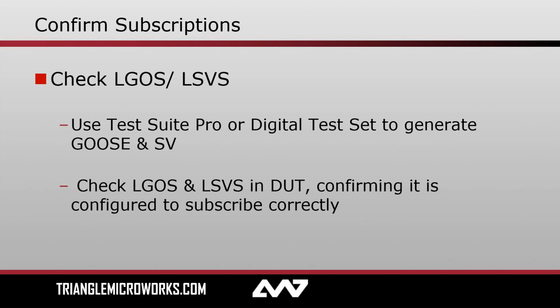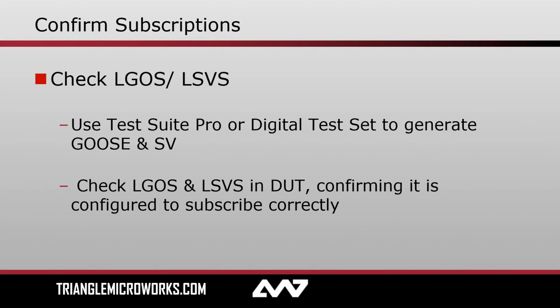So in this case, a tool like Test Suite Pro, or others, in order to simulate the GOOSE streams and the sample value streams that the device under test is configured to subscribe to. Now, simulate is a little bit of an overloaded term here. You may or may not actually have LPHD Sim set on your device at this stage. You may or may not have your digital test set configured to publish GOOSE and sample value streams with the simulation flag set. In either case, you're just looking to make sure that your subscribing device can actually receive those